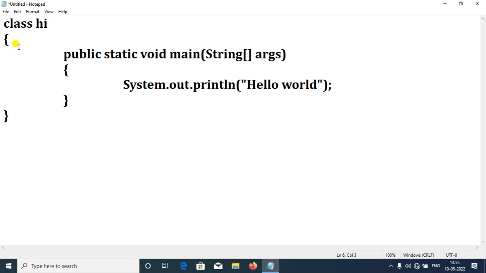Okay, let's save this. I hope you have understood all this, I explained it previously. Class is a keyword, hi is the class name, public is the access specifier, static goes with void main.